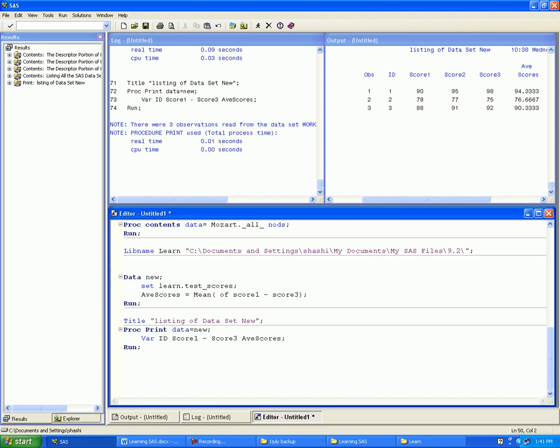The assignment statement that creates the average score variable uses the mean function to compute the mean of the three score variables. Okay, we will be dealing with the mean function in a later chapter. Okay, after that